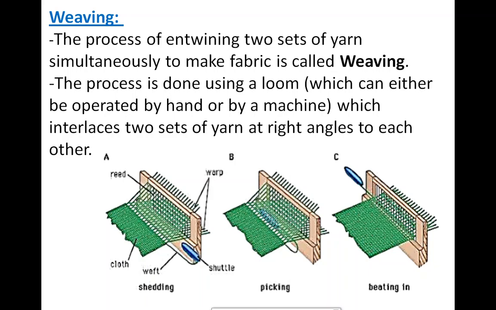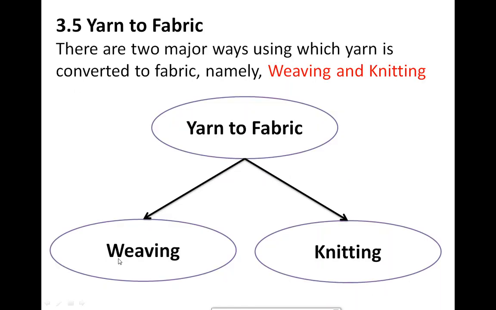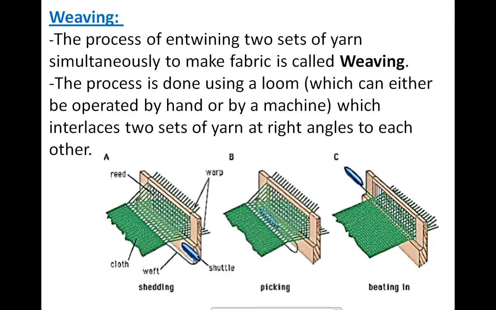So the major difference between weaving and knitting is that in weaving we are using two sets of yarn, and in knitting we are using only one set of yarn. Understood? This is the major difference. So in the weaving process, two sets of yarn are woven to make a fabric. The yarns are much thinner than that paper strip, of course, because there is a difference between the fiber and your paper strip. You can do that activity to understand the weaving process.